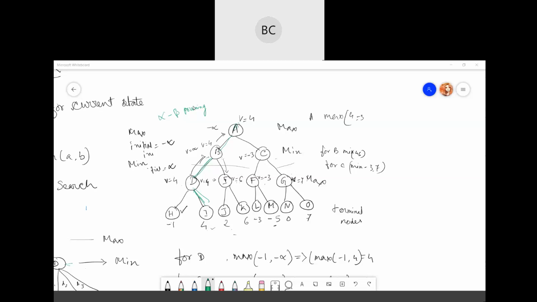Here I'm checking each and every node, and if there are lots of choices, I have to check each of these nodes. So using alpha beta pruning, I can cut out some of my search, and it can be a lot faster.